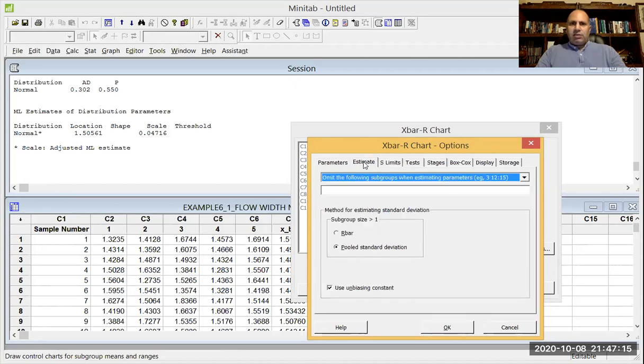So if you click the estimate tab, you have two options. You can use R bar chart or you can use pooled standard deviation. As usual, let's consider the R bar chart. Here, there's a tick. It says use unbiased constant. So by default, it will consider the D2 constant. So D2 constant will be automatically used in this example. We can consider some observations to be excluded, or we can also define which observations will be included when estimating the